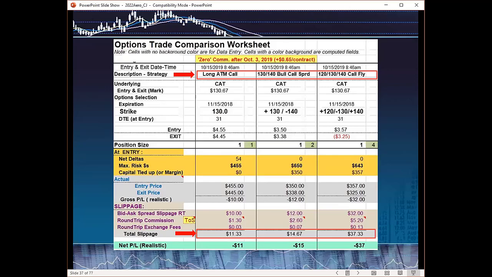And the reason why slippage is important is that's the disadvantage you're giving yourself at the moment you enter a new position. The market needs to move enough to make back your slippage before you get the first penny of profits. So the bigger your disadvantage, the further the market's got to move for you to break even, let alone make money. So those are slippage evaluation numbers.